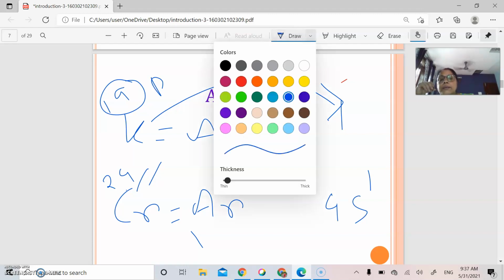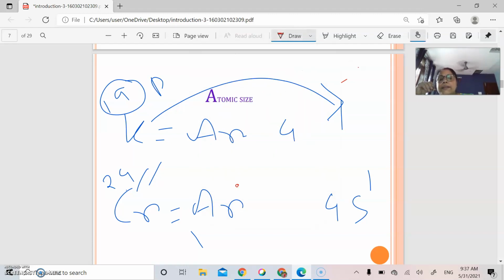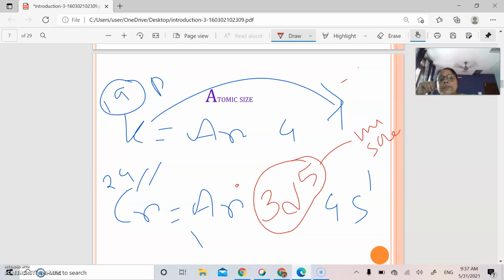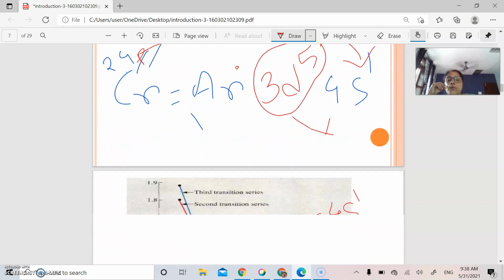This can be explained on the basis of the fact that the 3d5 electrons, that means these 5 d electrons, will be there with a very minimum shielding or minimum screening. So we can assume that they are absent in the system, and the electrons are absent, but the protons are there at the nucleus, and that is why the attractive force for the 4s electron will be greater than that in potassium with 19 protons.